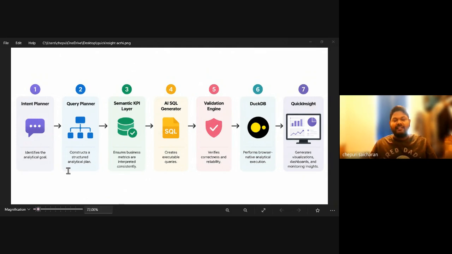There is a validation engine that verifies correctness of the query that is generated by AI SQL and the reliability of it. And then DuckDB performs browser native analytical execution of the generated query. And finally, Quick Insight generates visualizations which can be pinned to dashboards, and you can also do monitoring on the insights that were generated. This specific architecture was designed to improve analytical consistency, reliability, and accessibility for non-technical users,